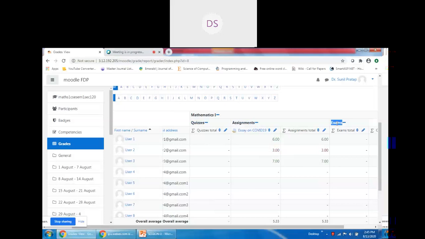What we have performed till now is we created an activity under the assignment section. That activity was of 10 marks, and we have evaluated that activity, and marks have been awarded to the students.